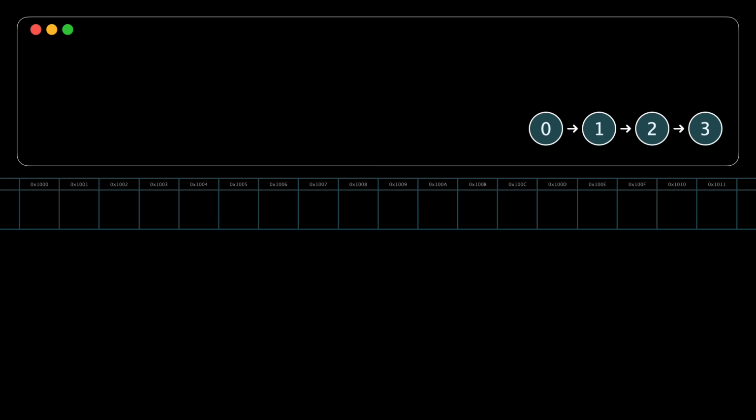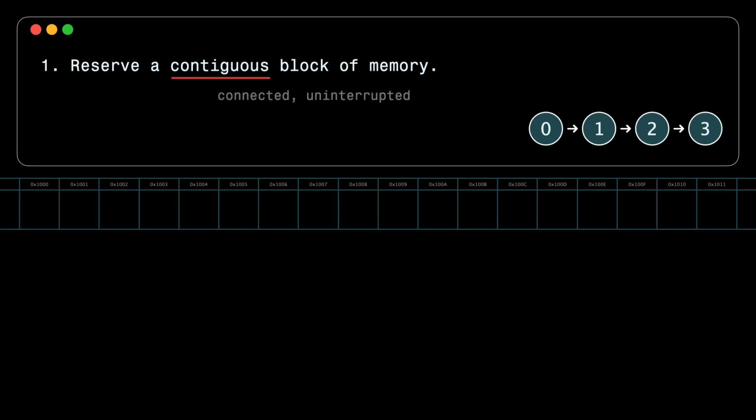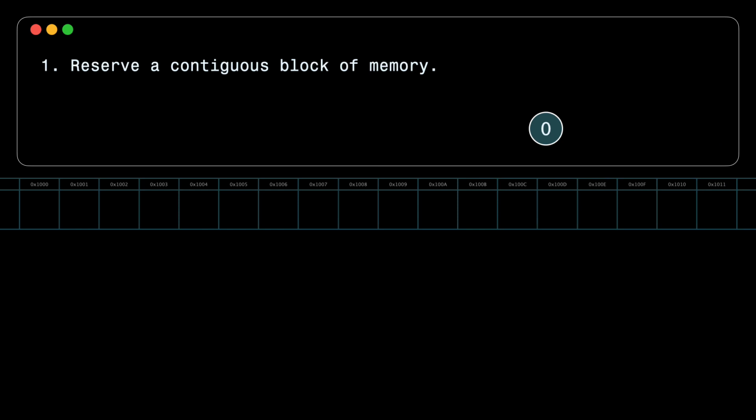So, how do the nodes of a linked list, such as the one you're looking at right now, actually store in memory? The first step is to reserve a contiguous block of memory for each node. The term contiguous means that the memory locations are physically connected without any gaps or interruptions. A simple node contains a 4-byte integer value and a reference to another node. So the runtime allocates a contiguous block of 8 bytes in memory. The first 4 bytes holds the value, and the next 4 bytes keeps a reference to the next node. The reference starts off as null because there's no other node.